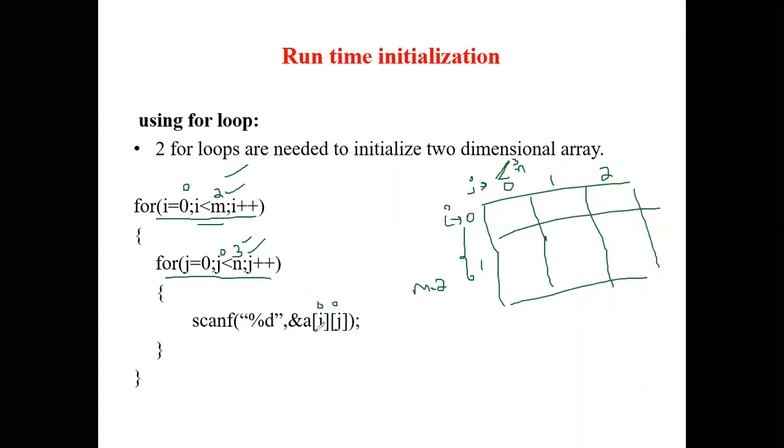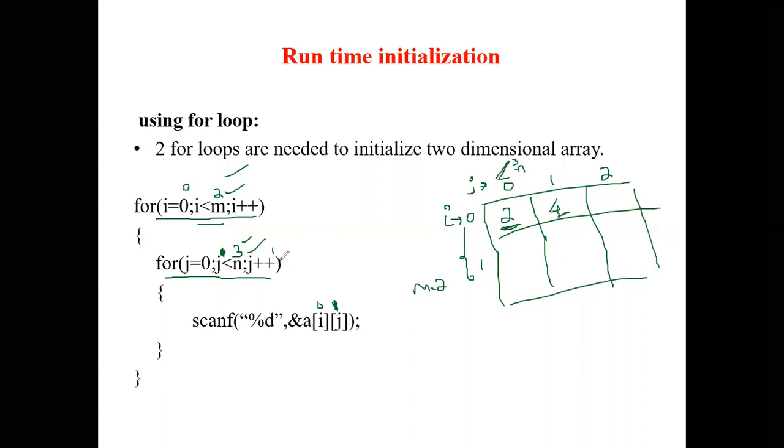Okay, so first a of 0, 0. Here you have to enter some elements. So let me enter 2 here. Next, j will get incremented. j will become 1. Check the condition: 1 is less than 3. Yes, condition is true. Next, here you store i is 0, j is 1. So a of 0, 1. Here you have to store the element. I will store some element 4.